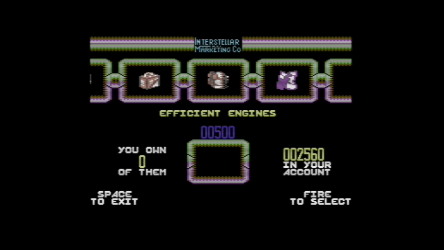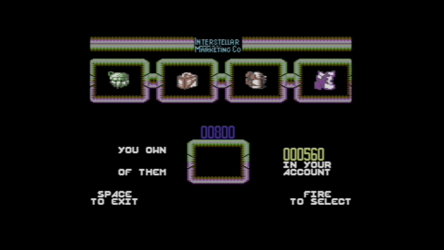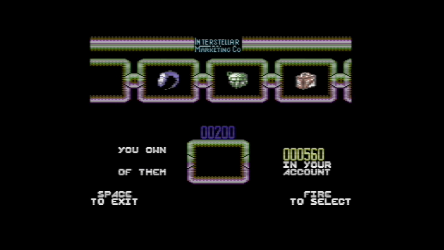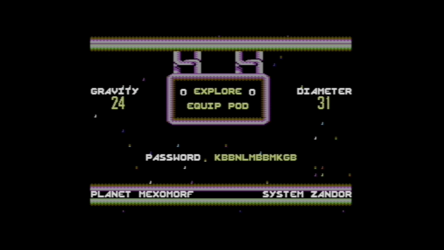upgrades. So we've got our engines. I'm hoping that means we're more efficient on fuel. And we've got a mapping device, time bombs, homing missiles. Alright. Okay. Well, it looks like the planet's larger from the diameter, and it's got much stronger gravity. So we could obviously...